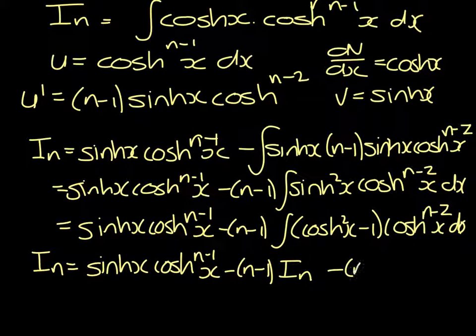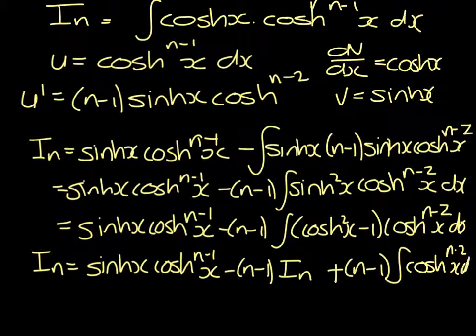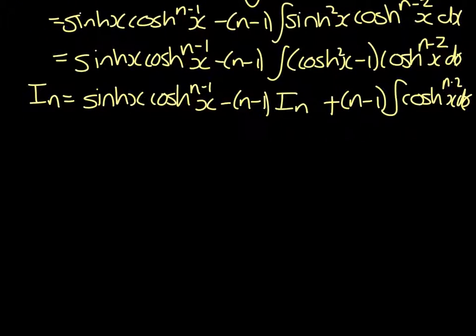And we also have minus n minus 1 times the integral of minus 1. So if we have a minus 1 and a minus here, that's going to give us a plus, the integral of cosh to the power n minus 2. I know my next line, that is going to be I n minus 2. So we now have that In equals